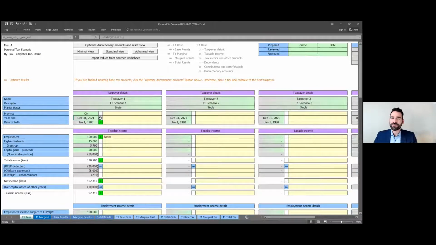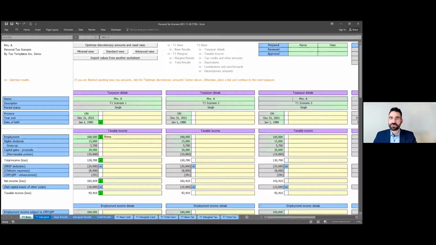Think of it as a tax preparation software that allows you to go back to 2018, as far forward as 2029, and you can change anything you like along the way. So let me show you how that looks. Let's assume the taxpayer's name was Mrs. A, and I want to run multiple scenarios for Mrs. A. All I have to do is make Mrs. A's name the same in the other scenario, and you will see it's going to populate with all the data